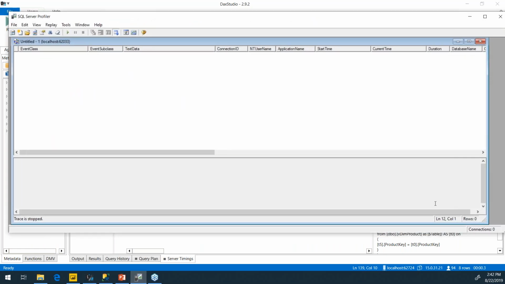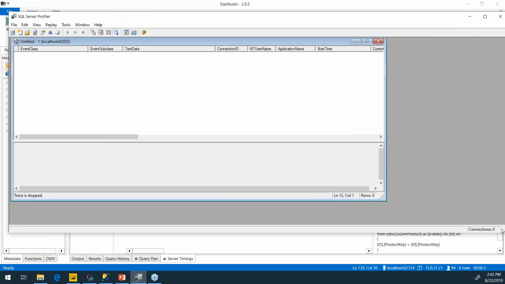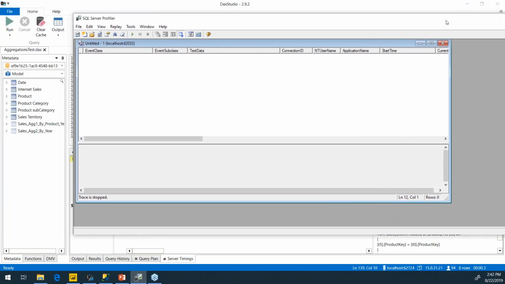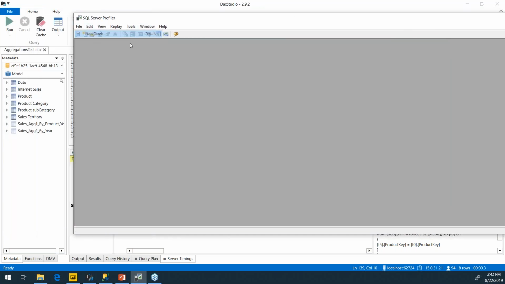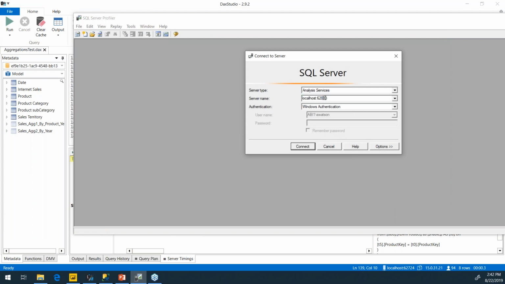So I can connect to it from any of the tools that you can use to connect to Analysis Services Tabular. So here, for example, I can start a trace, and I can go to that port number. Now the port number changes every time you open Power BI Desktop, so pay attention to that number.